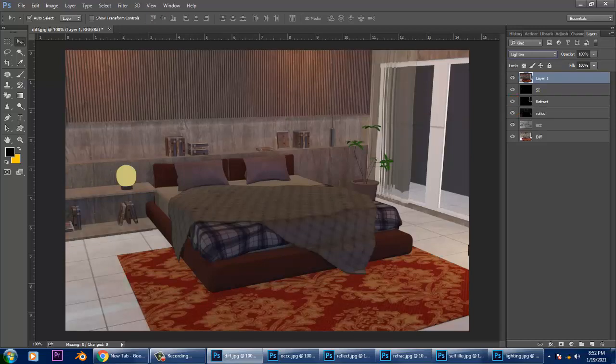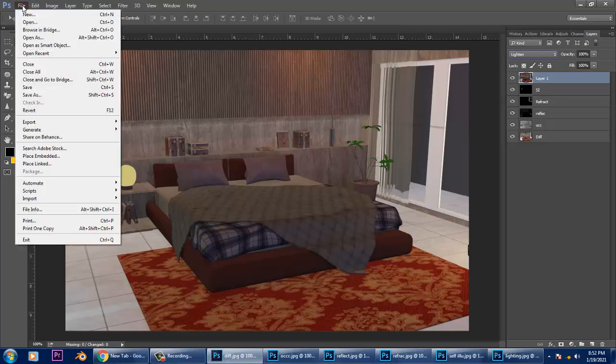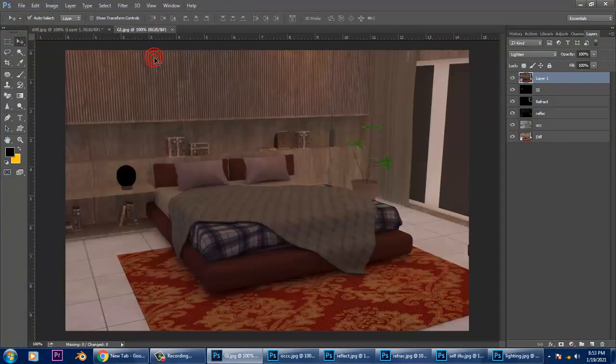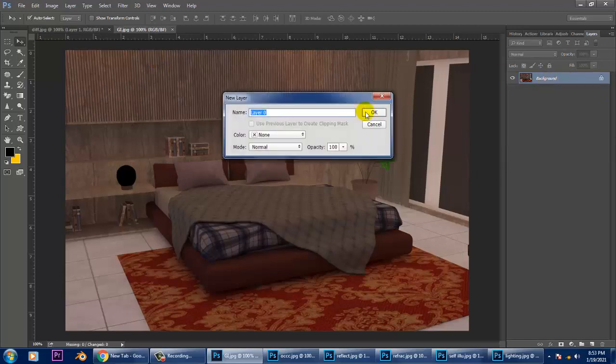After that we have GI. My PC is hanging badly. We can go with it for the GI pass. That's your global illumination, that's GI.